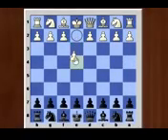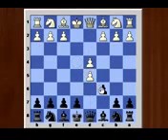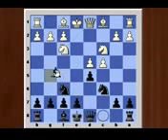e4, c6, d4, d5, e captures d5, c captures d5, c4, knight f6, knight c3, knight c6, knight f3, bishop g4, pinning the knight, bishop e3,